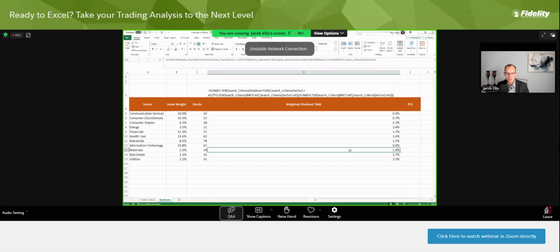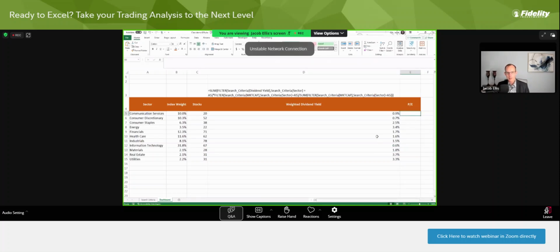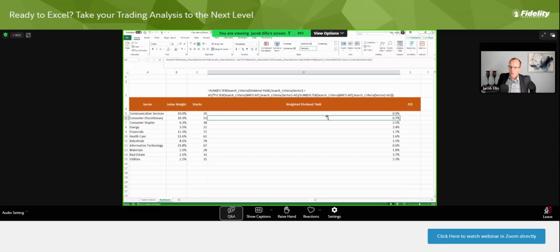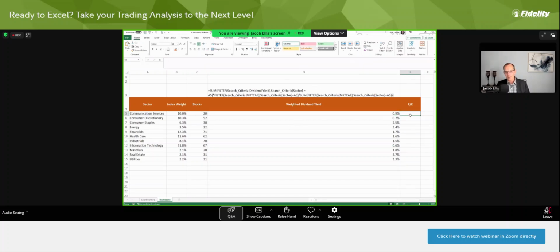We're going to pick up the pace just a little bit to make sure I can get at least a good portion of these going. But believe it or not, we've done almost all of the hard work. From here on, we're just going to be modifying in slight ways this same formula. For example, to get our price to earnings ratio, I'm going to click on this cell and copy it and